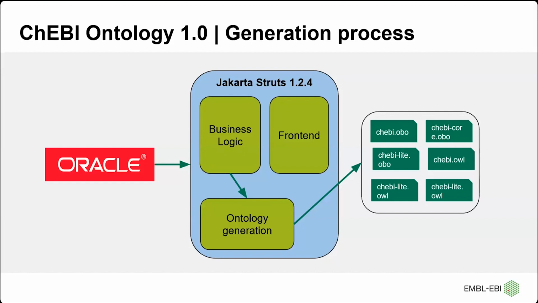It's a legacy version of a Java framework. So we have a monolithic application with all the submodules inside it. We have the business logic, the front end, the ontology generation process, and also the automation scripts, all in a single place. As you can imagine, this is horrible